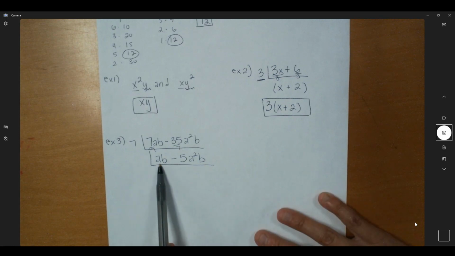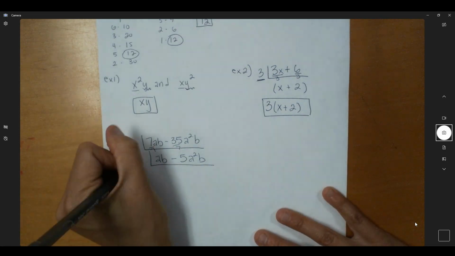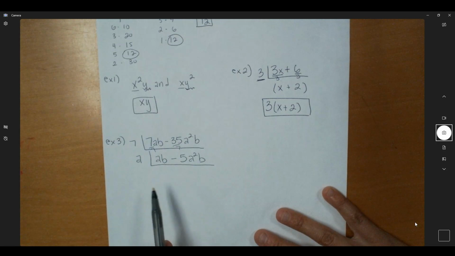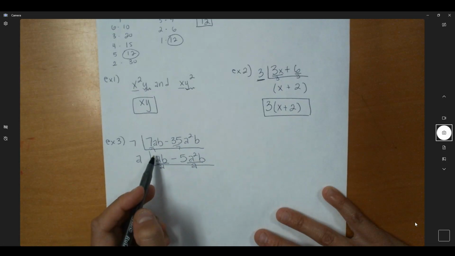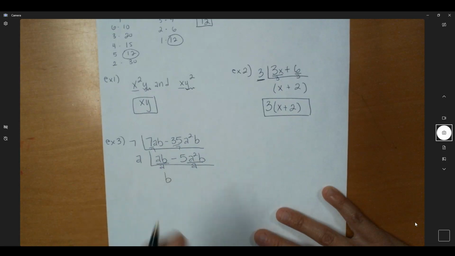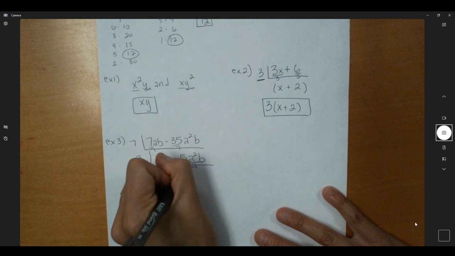So there's 1a here and 2 a's here. So the most amount of a's I can take out of both terms is a. So if I divide by a, these a's cross out and I'm just left with b. Minus 5